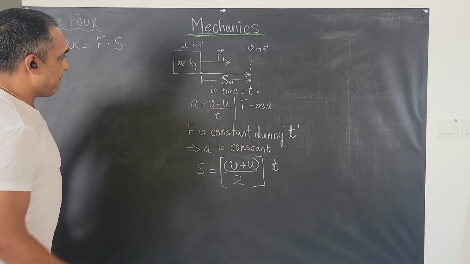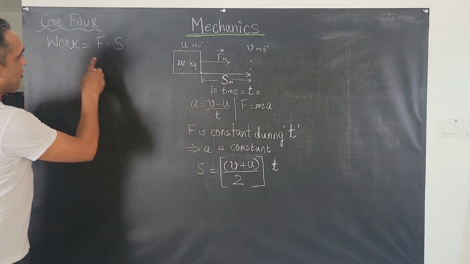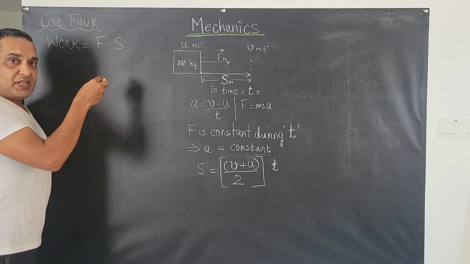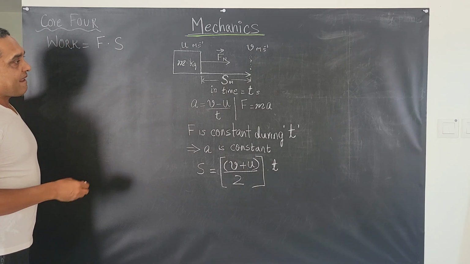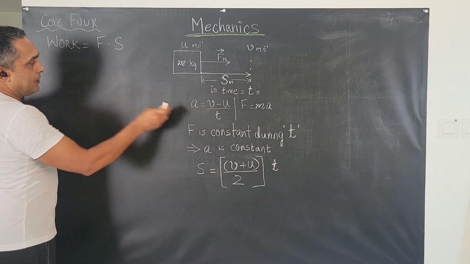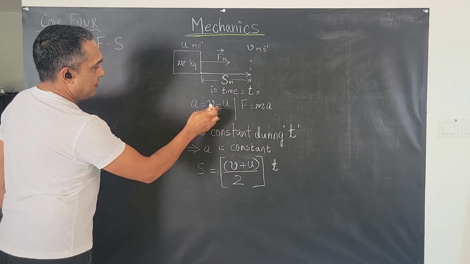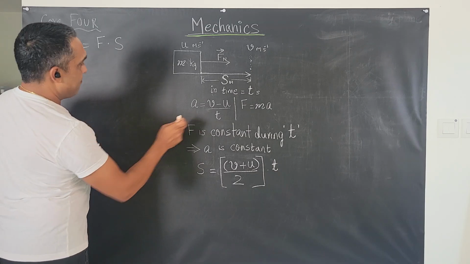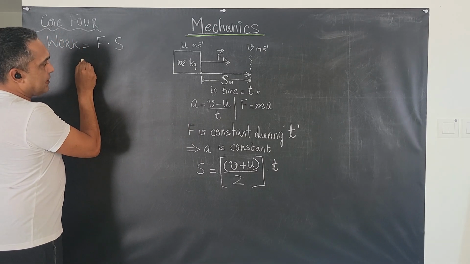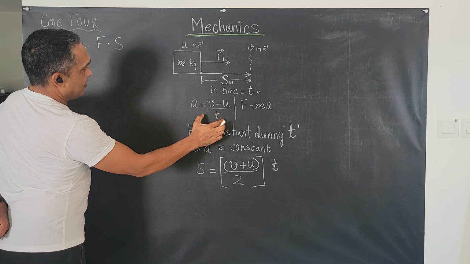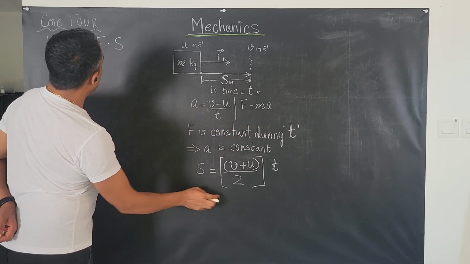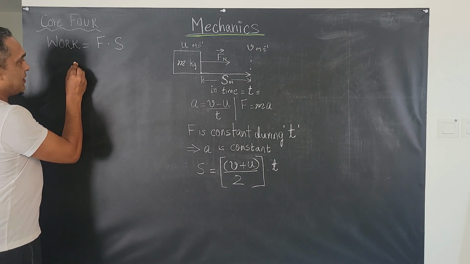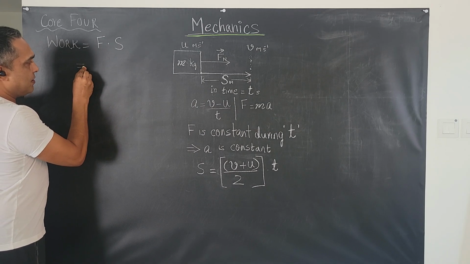So let's see what I have if I build this equation and go back to my formula for work, which is force times displacement, right? So I know my force is mass times acceleration, and I know acceleration can be written in this form. So I would substitute this for acceleration and force, and for displacement, I would substitute this relationship. And let's see what that gives me. It would give me work done equal to